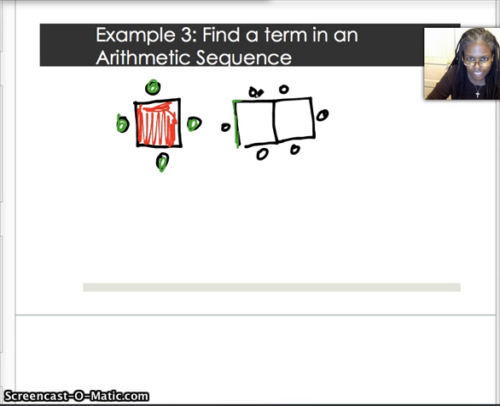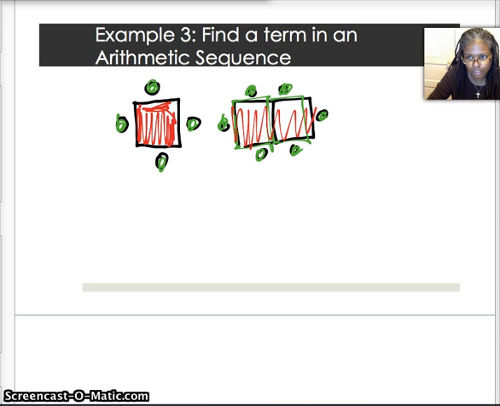But if you put 2 tables together, you can, I should have done that in red. If you put 2 tables together, you can seat how many people? 6 people, right? What happens if we put 3 tables together? Let's try it out. So 3 tables together, we now can seat 1, 2, 3, 4, 5, 6, 7, 8